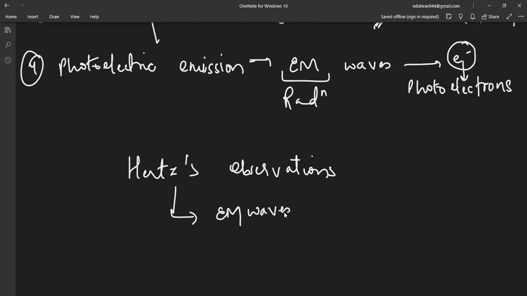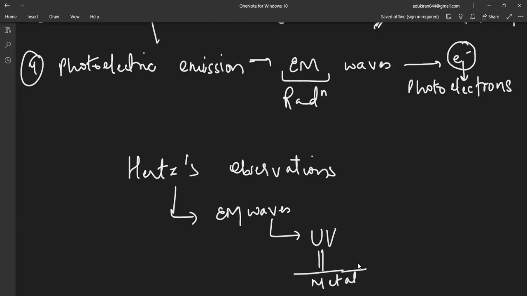He used high voltage sparks and passed them through metal electrodes. And the rays out of the EM waves which he used were the ultraviolet radiations. So ultraviolet radiation used to fall on the metal surface, and then